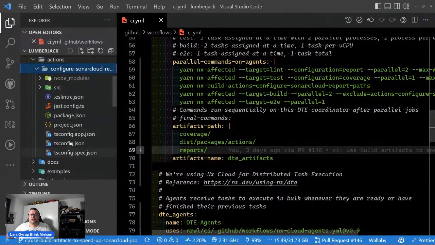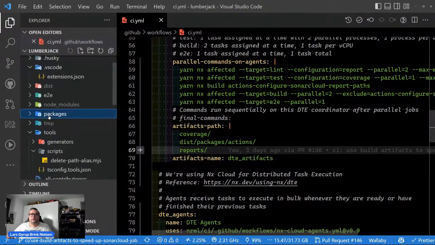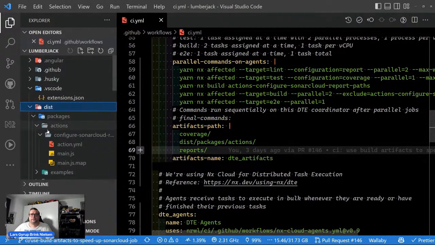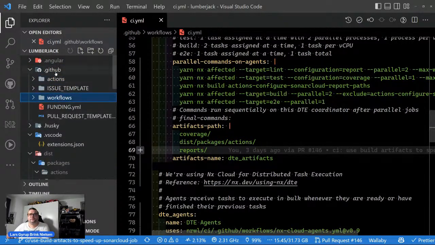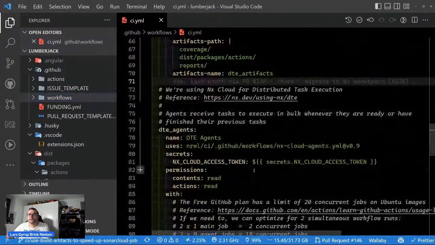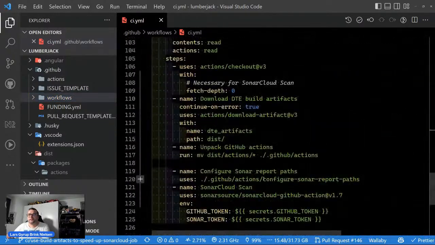So it's a Node project using NX. And so in the dist folder, there's packages and then actions. So I want to bring in everything here and unpack it inside the GitHub runner into .github/actions. But yeah, it's probably the terminal command here,